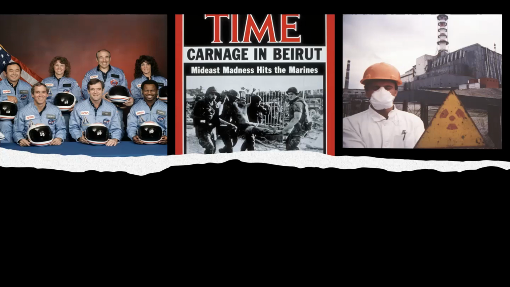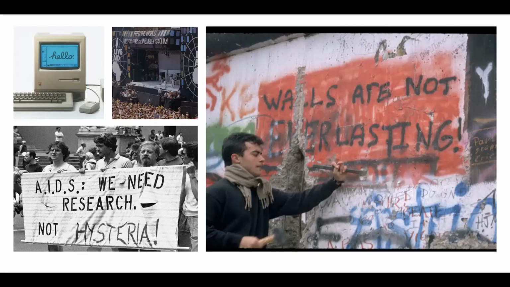The 80s were also a time of tragedy that was the result of failure of safety, failure of policies, or corruption. In that same decade, we saw the growth of technology that would make the 2000s possible. We also saw the world coming together to feed the world, to end epidemics, and where walls were not everlasting.